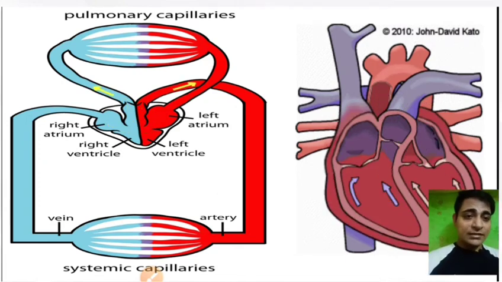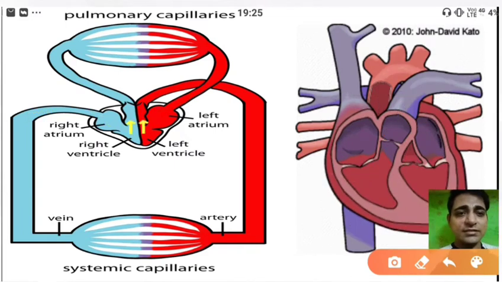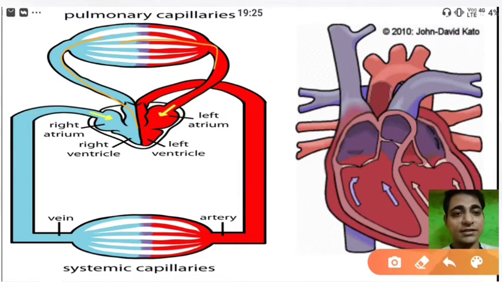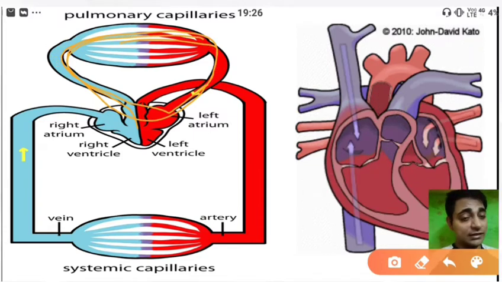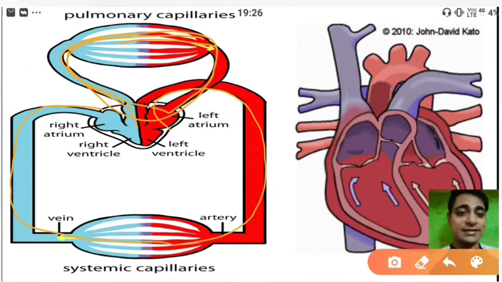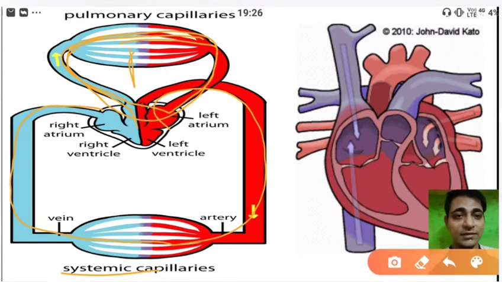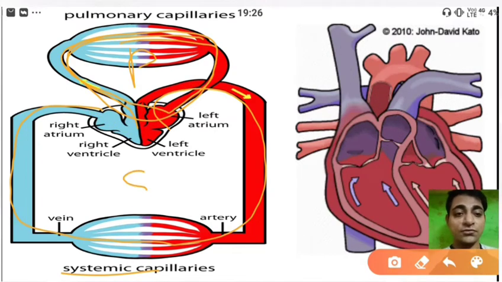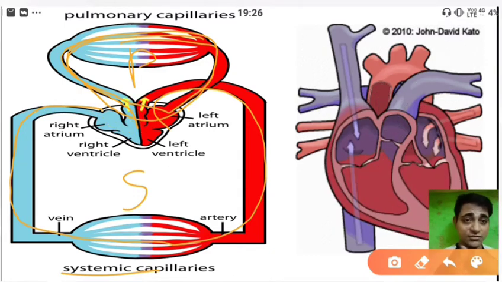So here you can see that there are actually two different circuits. The upper circuit, from heart to lung, is known as the pulmonary circuit, and the lower circuit, from heart to organs and organs to heart, is known as the systemic circuit. Okay, so the heart has two different circuits. The upper section, which is related to the lung, is the pulmonary circuit, and the lower section is known as the systemic circuit. So that's why our heart is known as double circulation, not just because it has pulmonary and